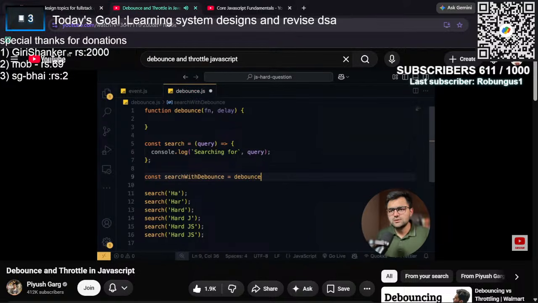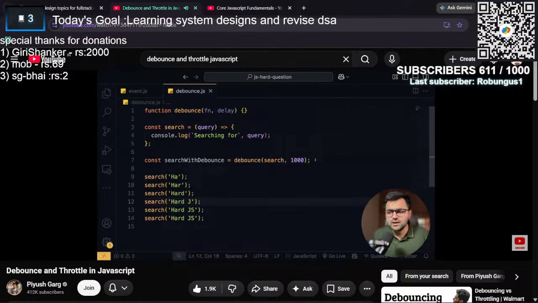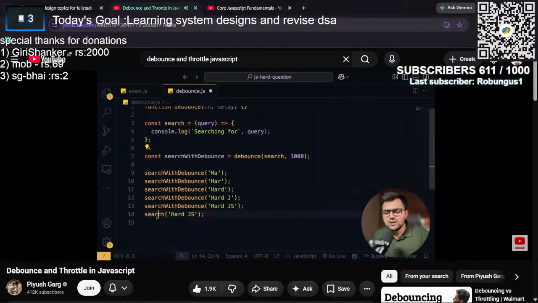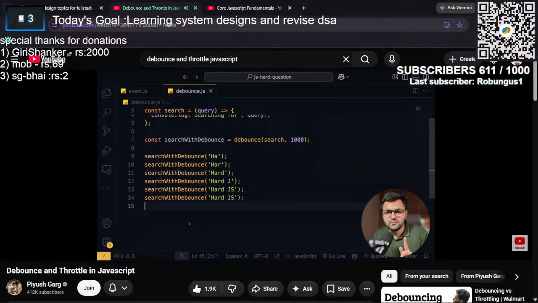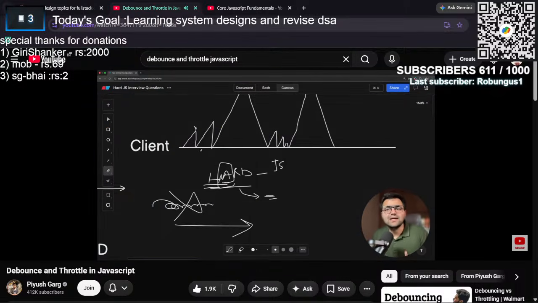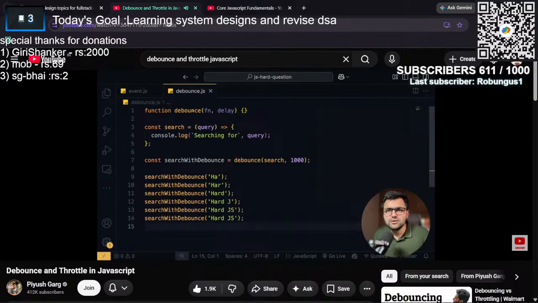तो मैं यहाँ पे बस डिबाउंस फंक्शन को कॉल कर दूंगा और इसके अंदर मैं अपना पूरा का पूरा सर्च फंक्शन दे दूंगा, और लेट्स से मैंने यहाँ पे टाइम दे दिया 1000 मिली सेकंड्स, मतलब 1 सेकंड। अब जब मैं इस फंक्शन को यूज करूंगा एज इट इज, तो होना क्या चाहिए, अगर यूजर की टाइपिंग में 1 सेकंड का डिले आता है तो ही हम कॉल करेंगे।